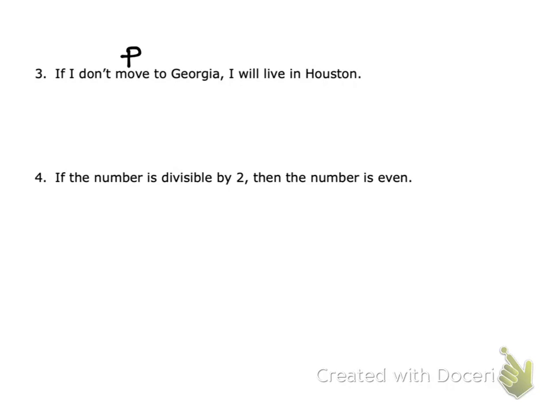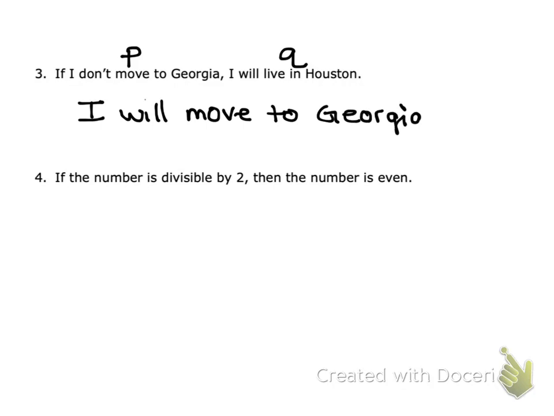P would be I don't move to Georgia. Q, I will live in Houston. So if I'm going to do not P or Q, instead of I don't move to Georgia, I'm going to change the tense a little bit and say I will move to Georgia, or I will live in Houston. It wouldn't be wrong if you had said, I do move to Georgia, or I will live in Houston. It's just